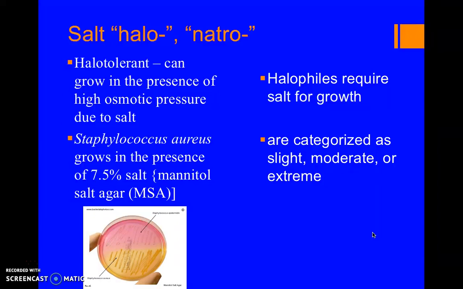In fact, one of the agars that we use in lab to isolate and identify whether a Staphylococcus species is present is mannitol salt agar, which has a 7.5% sodium chloride content. Staph aureus will easily grow and show up on MSA, or mannitol salt agar. For halophiles, we're going to categorize those as either slight, moderate, or extreme, depending upon just how much salt